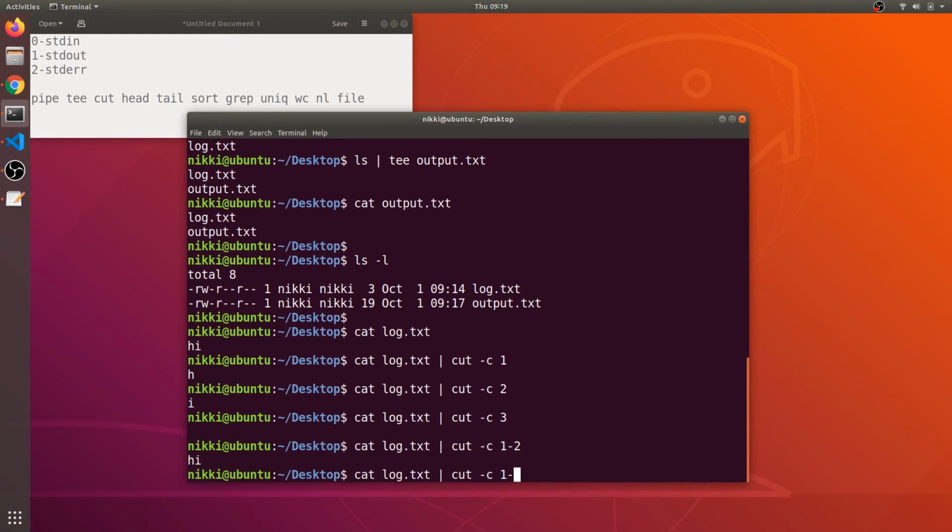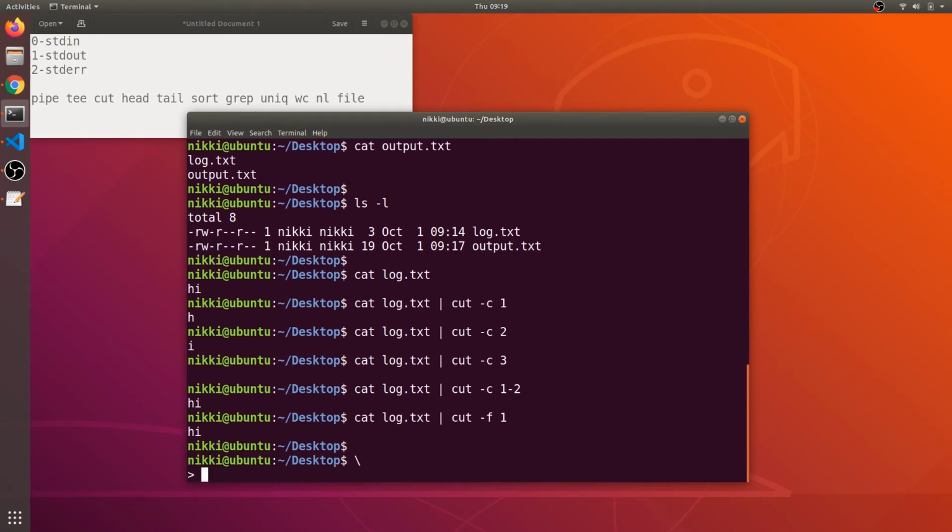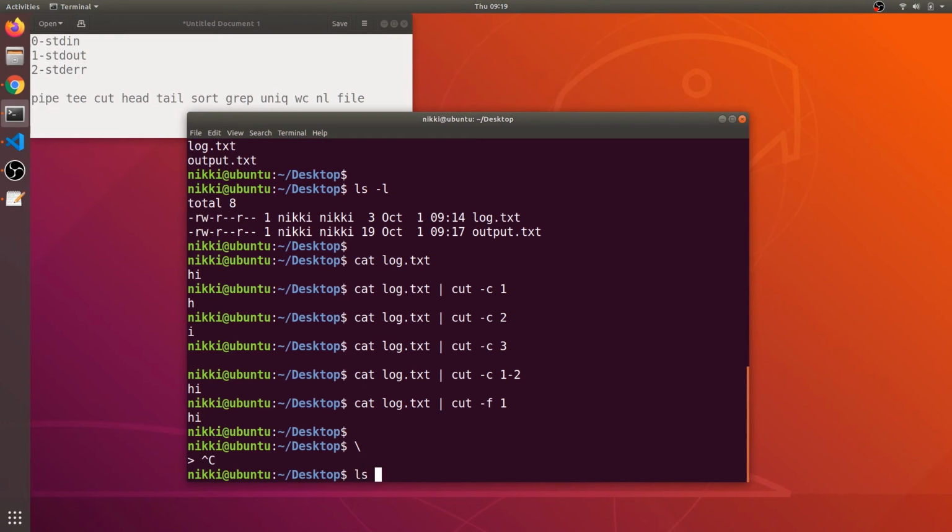Okay, now we can separate this text file according to some fields. Now if I say -f1, I get the hi. Basically this f option tells that we need to divide the output as a particular tab-separated text file. So if I say hi tab hello world, then the first field will be hi and the second field will be hello. Okay, I think you got confused. Let me explain this.